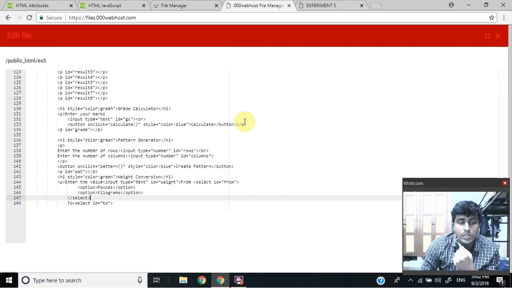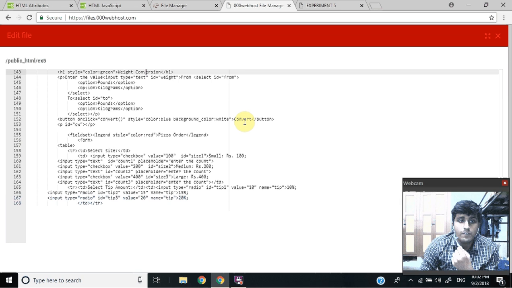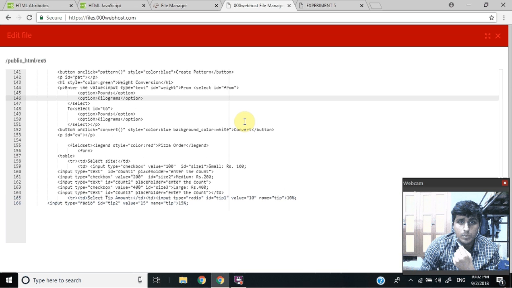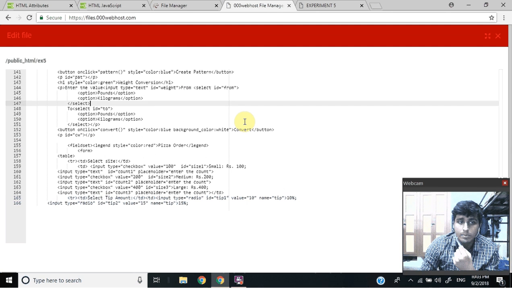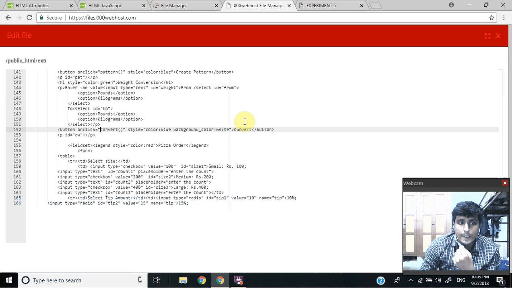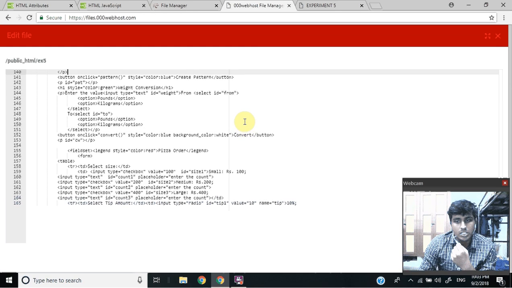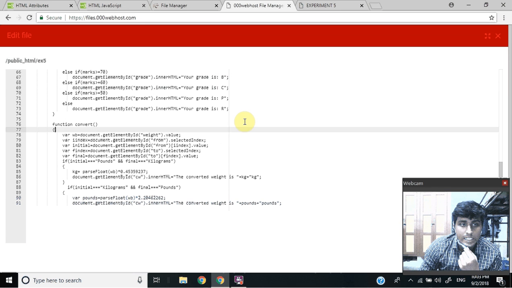Now we will go on with how to convert from pounds to kilogram and kilograms to pound. For that, what we require is again an input tag, and then this time we'll take the type number, and then we have an option, that is whether it is pound or kilogram. Similarly for the final result also there should be one. And then on clicking a button we'll call a function called convert. In convert we could see that we have taken the values from and to respectively, and then we will check through